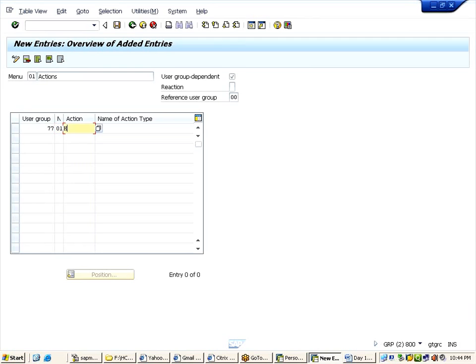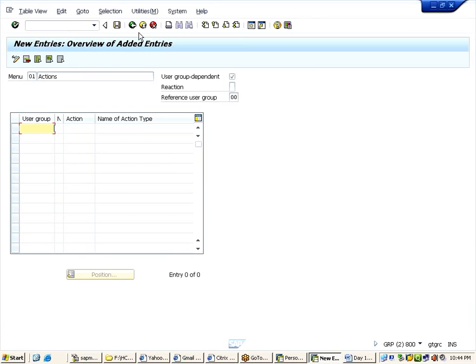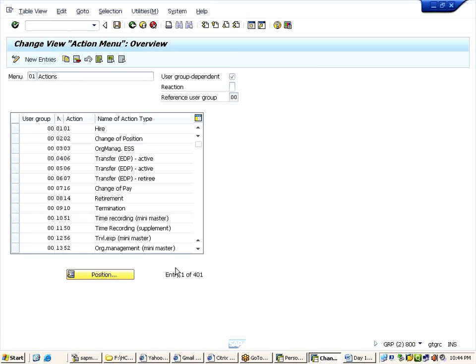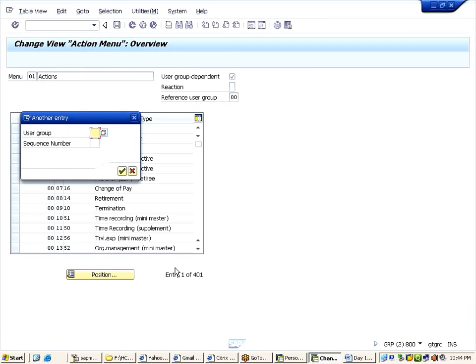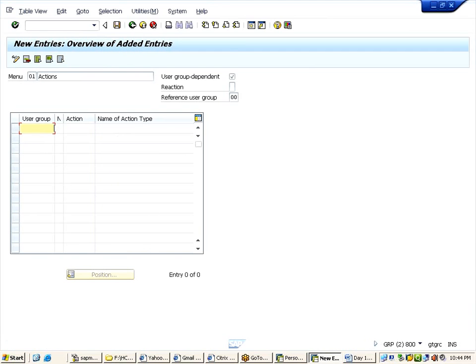In the 77. Like this guys, you need to assign your actions to the action menu. Now until unless you do this step, you cannot see your actions on PA40. Even though you created them, they have to be maintained here. Then only you can see your actions. Else you cannot see. So I call my actions and save.